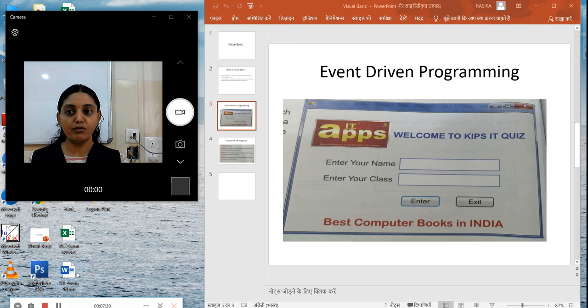Suppose I am filling a form. Which form am I filling? The form which I have submitted to you. Suppose I am submitting your form and one question is mentioned over there. Tell me your gender. I'm asking your gender. And below, two options are given there. Male, female. So these two genders are there. So you have the authority.